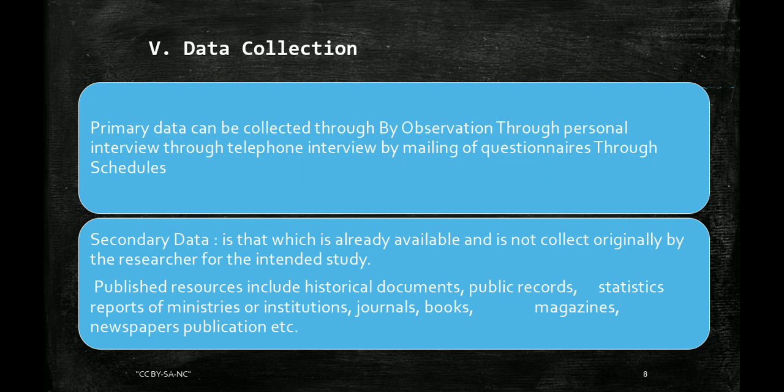And coming to the second type of data collection, secondary data is already available and is not collected originally by the researcher for the intended study. For example, published resources including historical documents, public records,